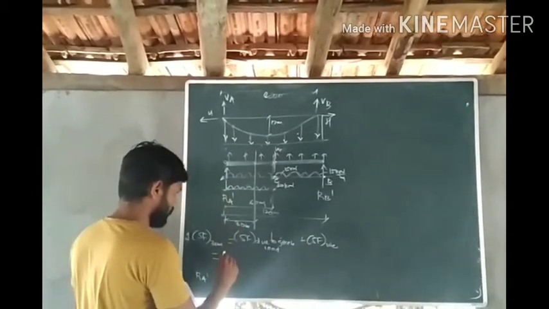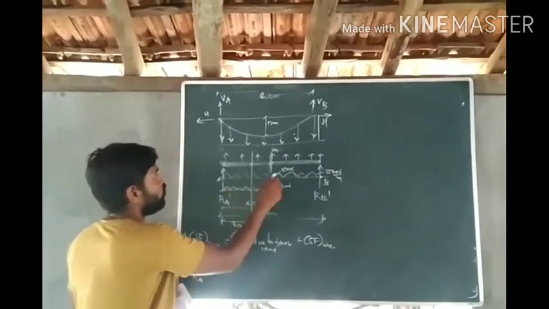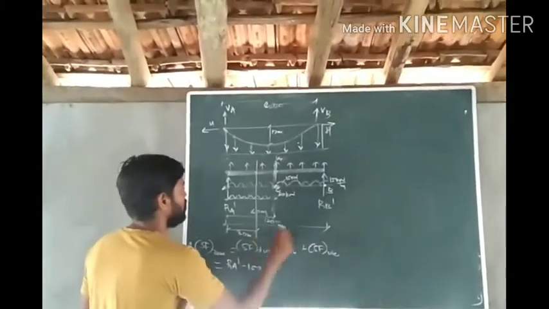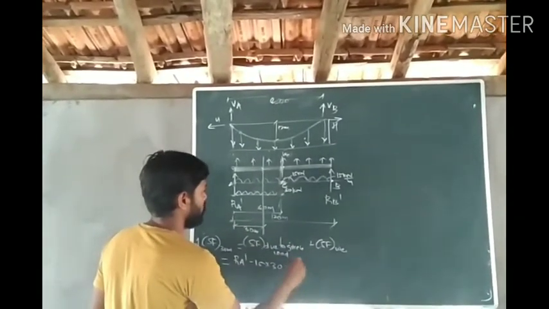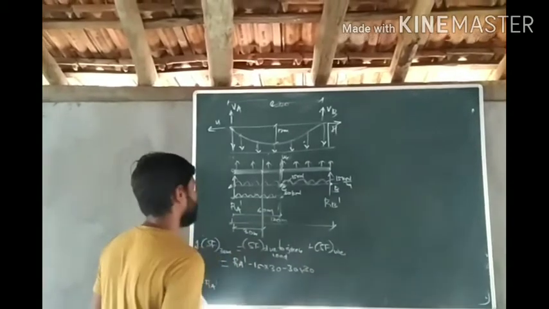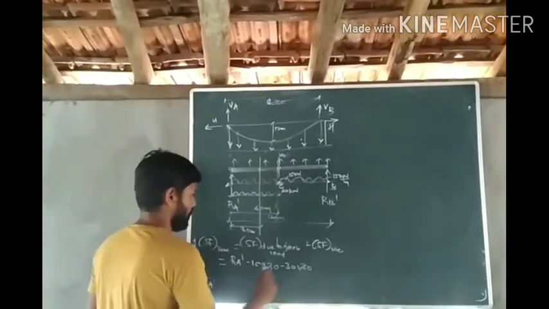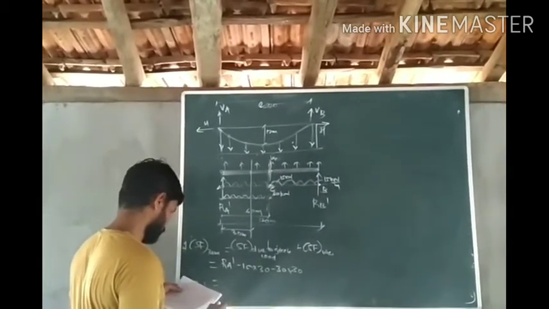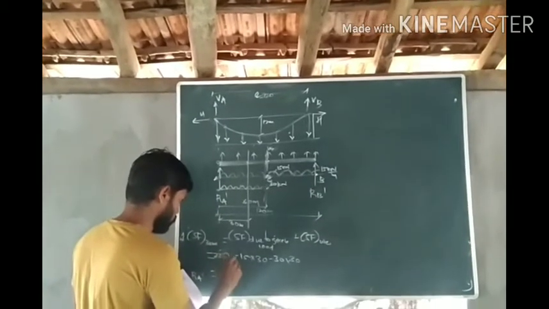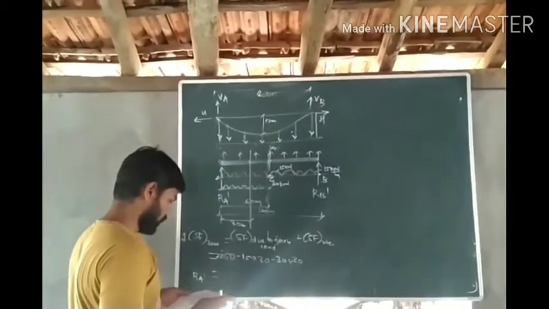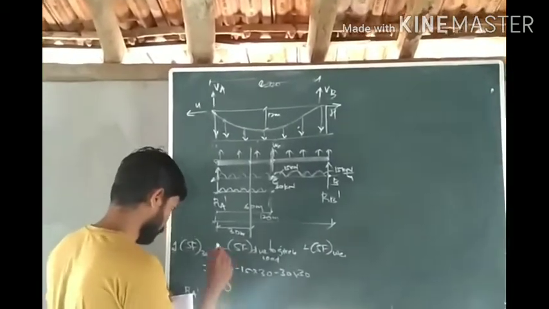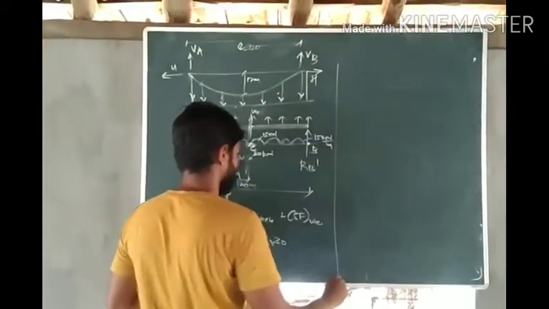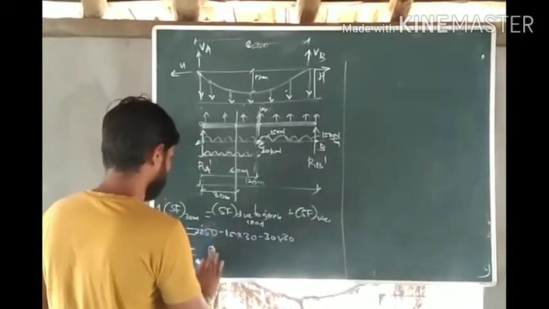Okay. So RA dash is upward, downward this 15 into this distance, which is 30 meter, and this 30 into distance 30 meter. Here they have asked to find out the shear force at 30 meter. If you substitute the value of RA dash, that is 2250, you can calculate the shear force and it comes to 0. The shear force at 30 meter is equal to 0. So this is the shear force due to the given load.